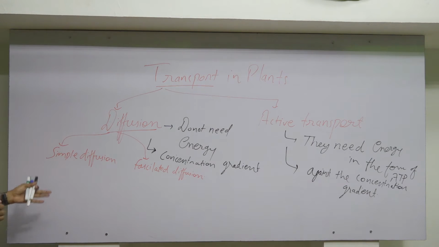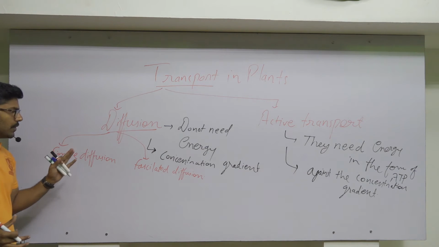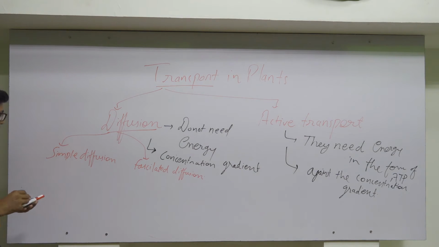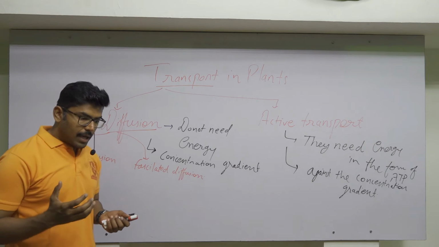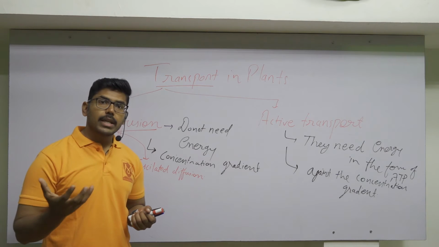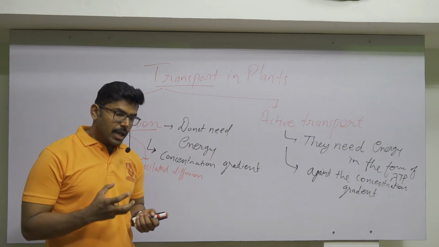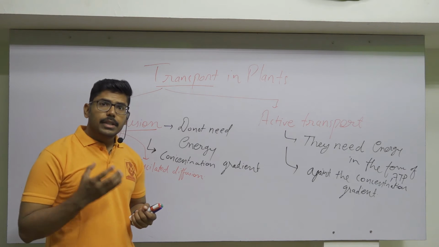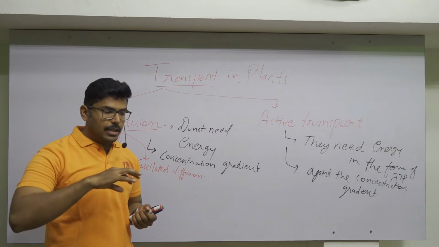So there are two types of diffusion: simple diffusion and facilitated diffusion. In simple diffusion, non-polar molecules can transport across the membrane easily, because you know that the